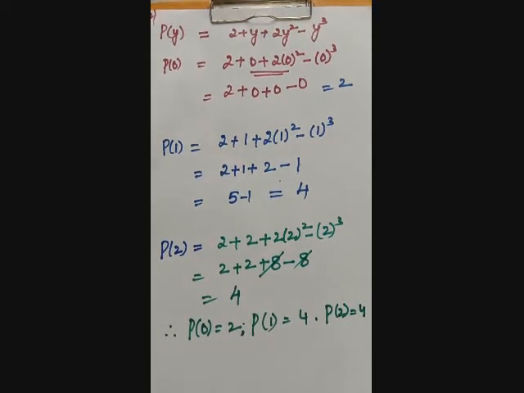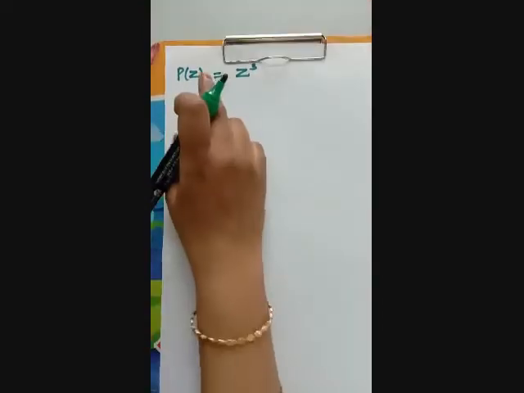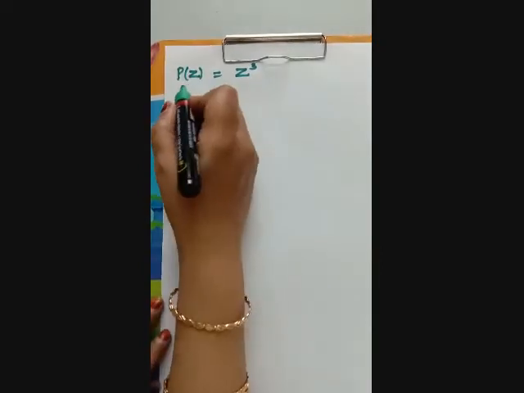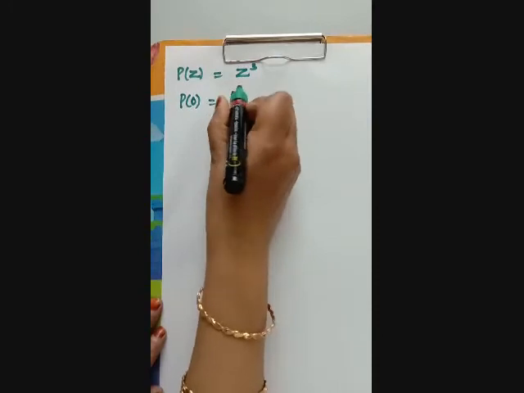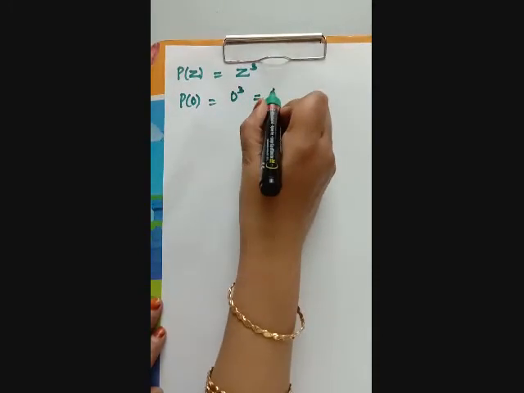Next, same continuation, P of z I'll be doing, and P of t. The next problem you are going to do as homework. Anyway, everything is there in the PDF. Just one problem I am giving you as homework. Next, same continuation. Your variable is z. So we have to find P of 0. So that is 0 to the power of 3. 0 into 0 into 0 is 0.